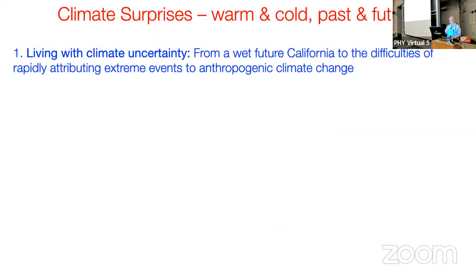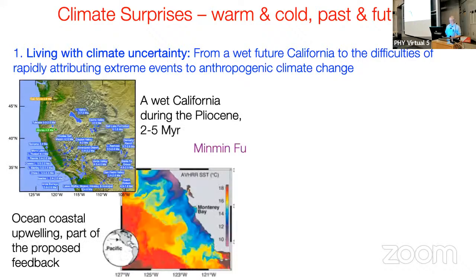So the first one was the wet California and the attribution, right? I mentioned that California was very wet 2 to 5 million years ago in a period that had a CO2 concentration of about 400 ppm, and that might have happened due to some interaction of the hydrological cycle over California with upwelling. This is the upwelling near California, and you can see the cold water here. So we suggested a feedback in which this cold water warms and the land becomes wetter and so on and so forth. And I explained that this doesn't happen in climate models because currently they can't simulate the upwelling properly.